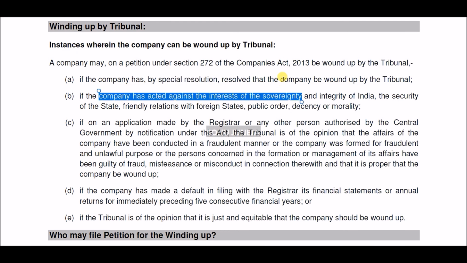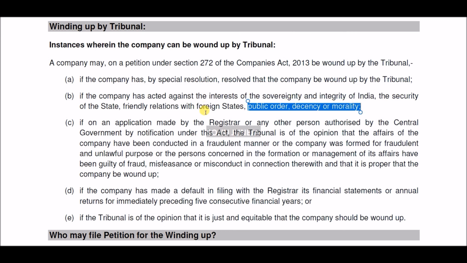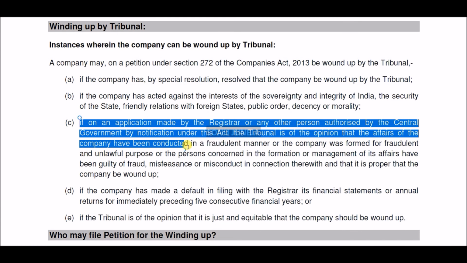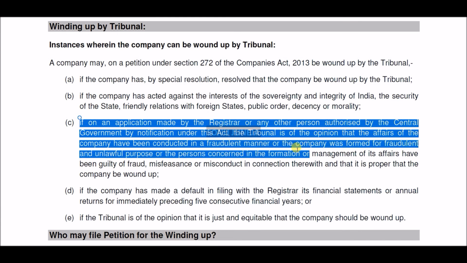कंपनी ने कोई ऐसा काम करा हो जो पब्लिक के हित में नहीं था, पब्लिक इंटरेस्ट में नहीं था, एंड has compromised on integrity of India, public order, decency और morality, cannot function further। अगर गवर्नमेंट या किसी सेंट्रल गवर्नमेंट बाय नोटिफिकेशन स्पेसिफाई करती है कि कंपनी के जो काम करने के तौर तरीके हैं वो धोखाधड़ी या प्रॉपरली नहीं कंडक्ट हो रहे और ये जो कंपनी फॉर्म हुई है दैट इज़ फॉर दी अनलॉफुल पर्पस, कानूनी तौर पे जो काम नहीं होने चाहिए वो कर रही हैं,